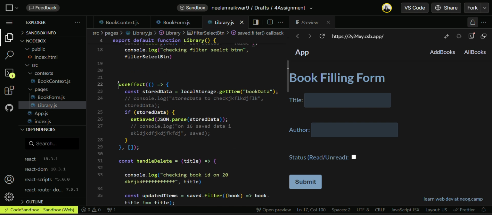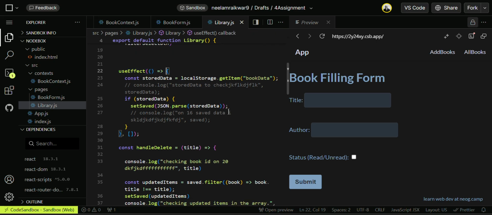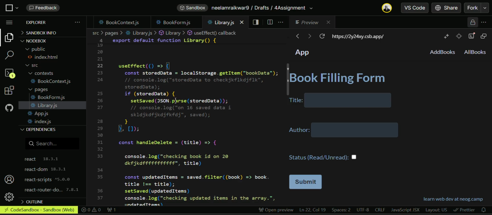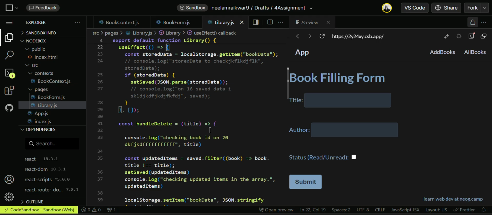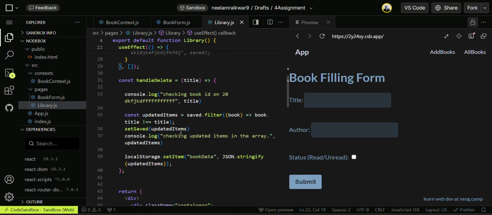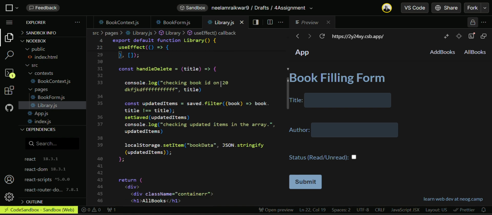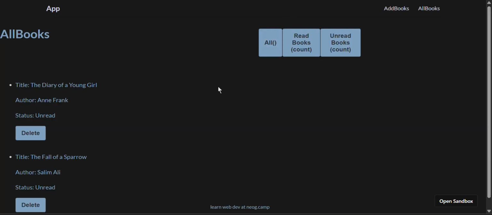And I have used useEffect here for getting the data from the local storage. So again here I have used JSON.parse to convert my stored data to a normal state, meaning an object. So remove it from stringify and convert it to an object. Then I'm using it here, and then here is handleRead. This delete function is working from here.